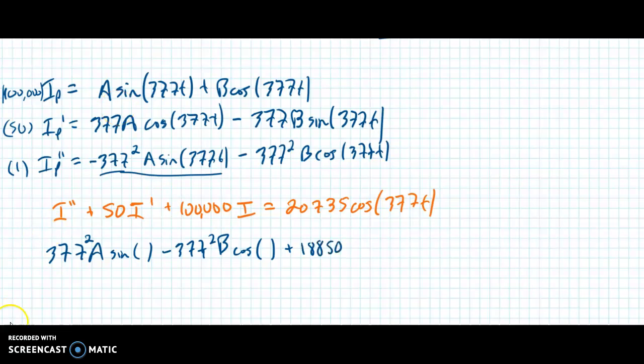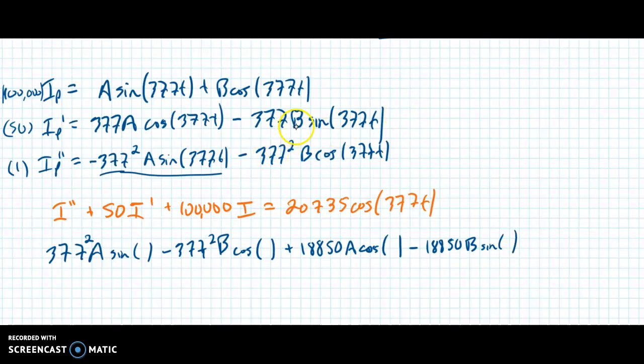Let me check that. So that is this term. So it's that times A times cosine of, right? Minus same thing, 18,850, and then B, and then sine of, and then I'm going to have to go down to the next line,